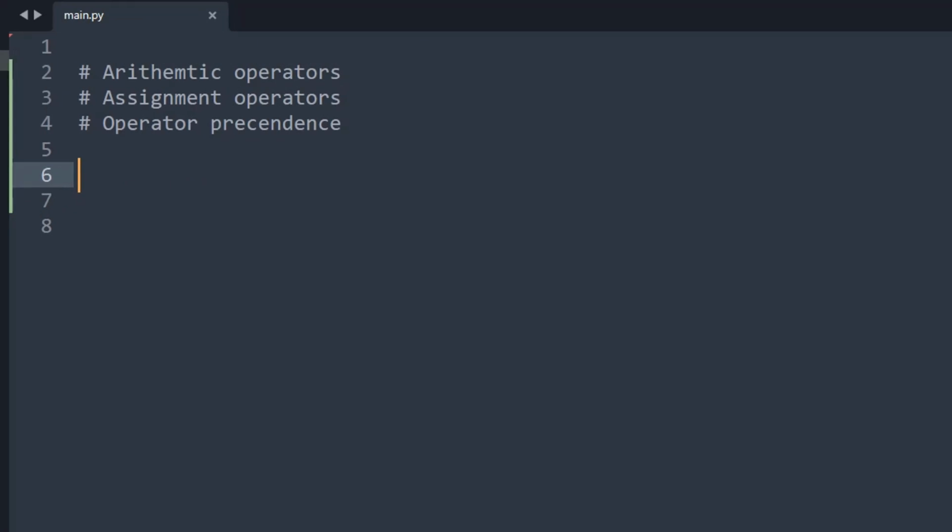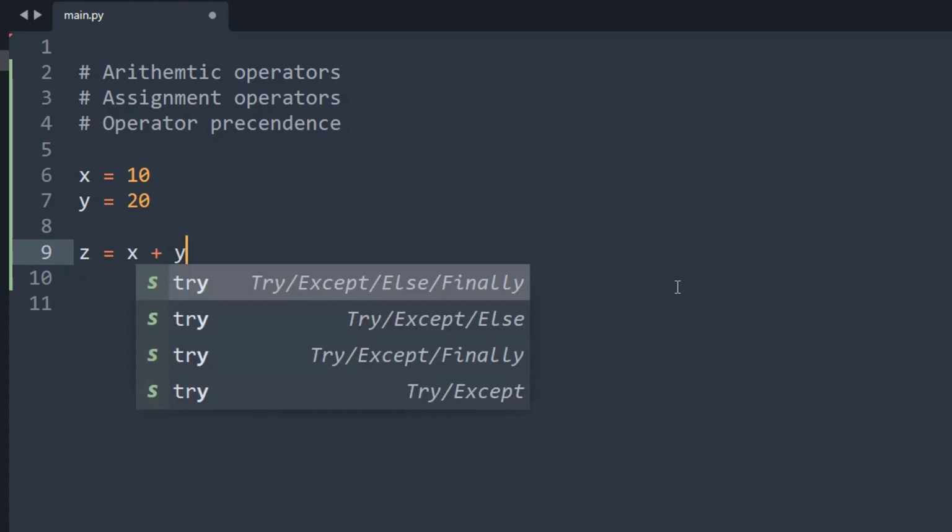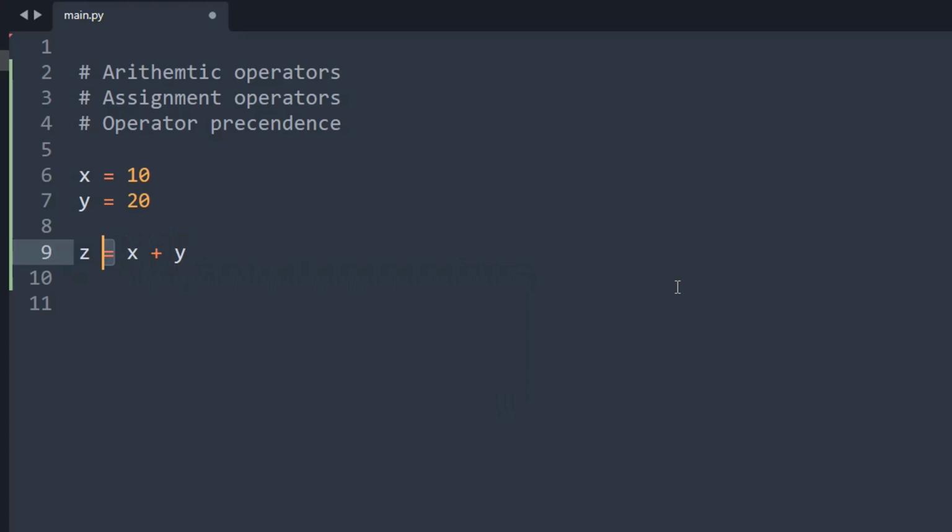Now let's see what the assignment operator is. So the simple assignment operator, you know, x equal 10. So here equal is the assignment operator. Say y equal 20, z equal to x plus y. Here also we have an assignment operator. Of course, we have multiple operators here. Though the left side of equal is z and the right side of equal is x plus y, the x plus y itself has one more operator, plus, inside it.